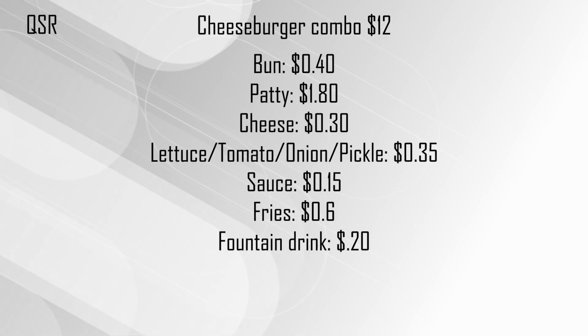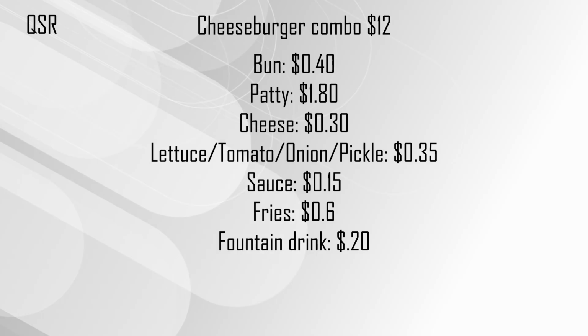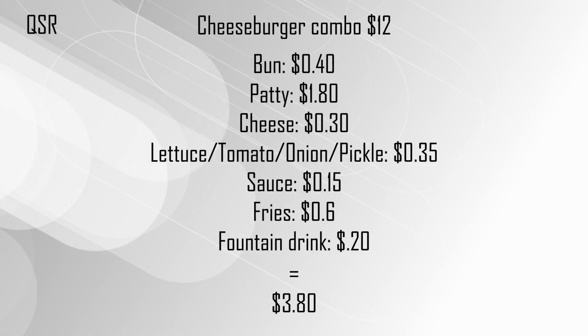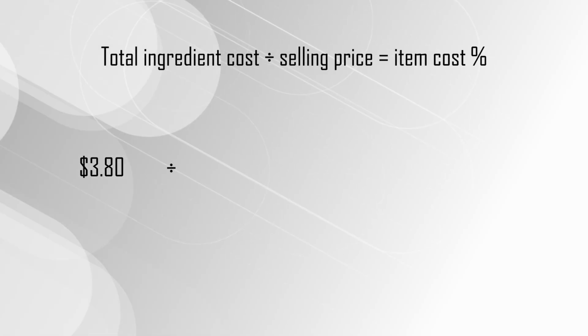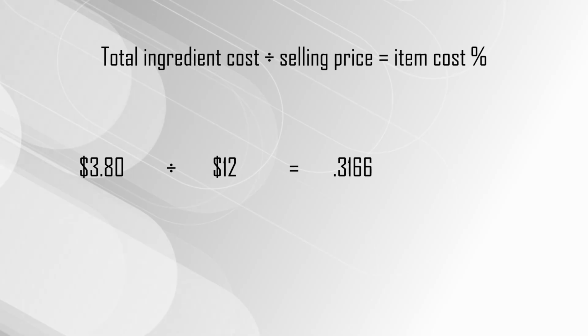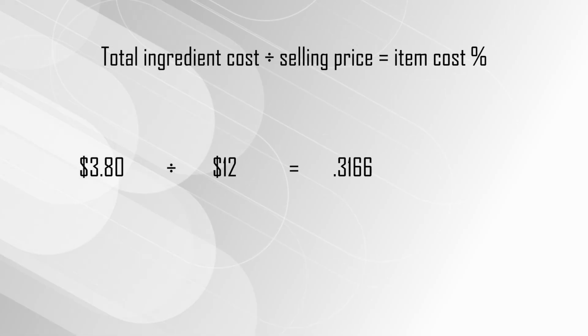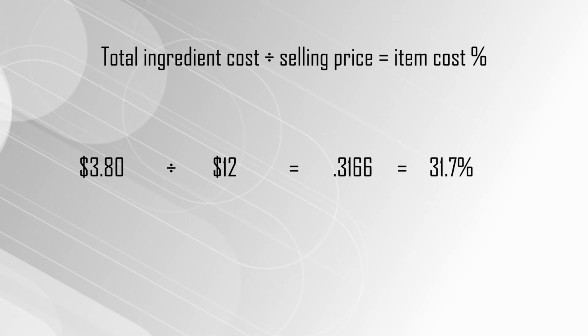Now, quick service. You sell a cheeseburger combo for $12. Now let's break down the food cost. Everything that goes on the plate looks like this. When we add all this together, we get $3.80. $3.80 divided by $12 equals 0.3166, or right around 31.7% food cost. For QSR, around 30 to 32% might be exactly where you want to be, depending on your labor and your